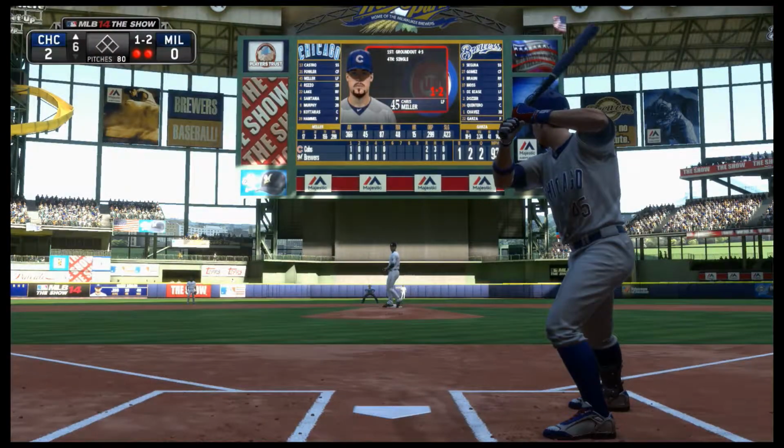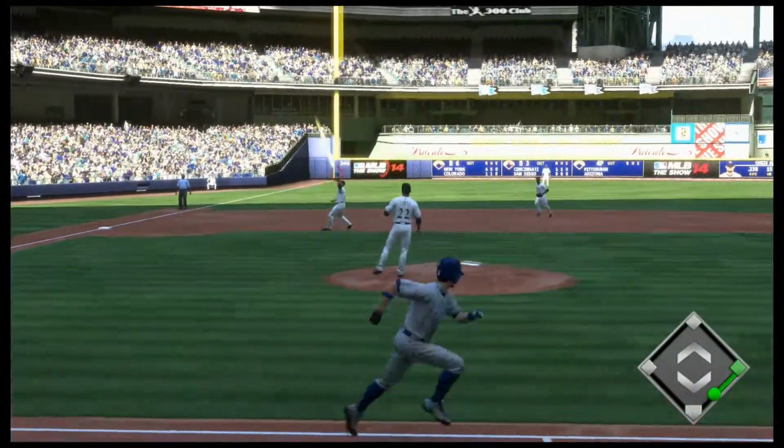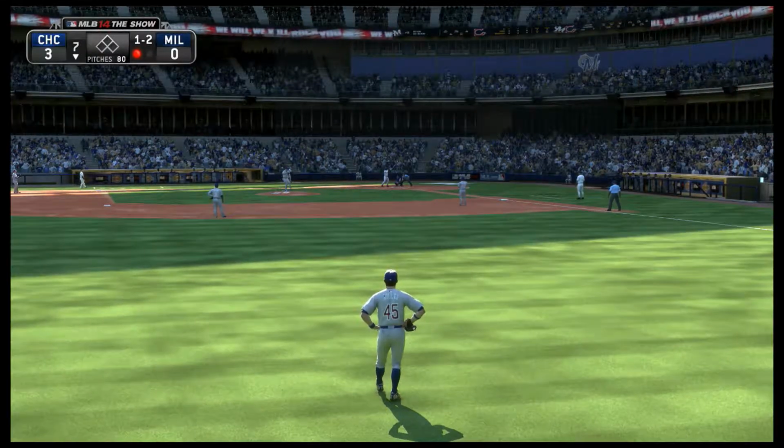Chris Miller. Now a fastball, and he popped him up over toward the left side of the infield. And Chavez will put...